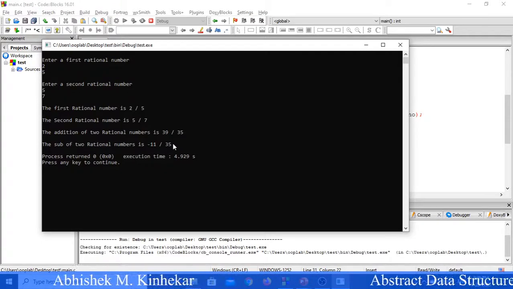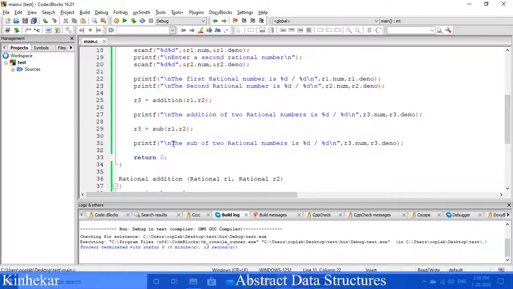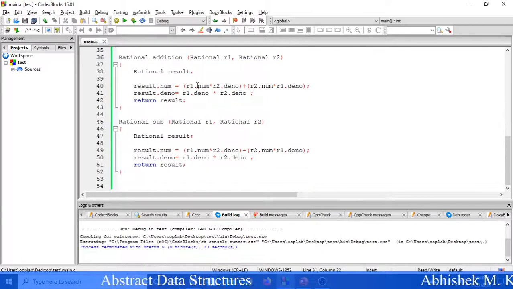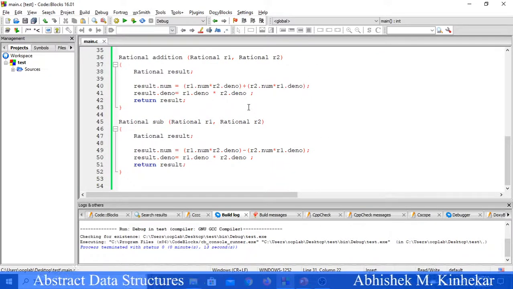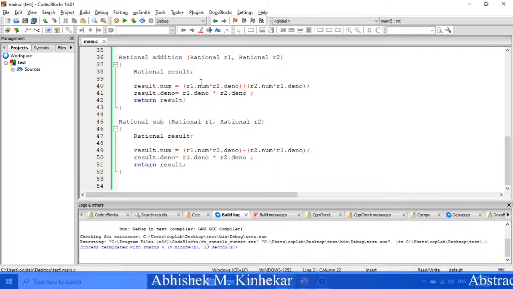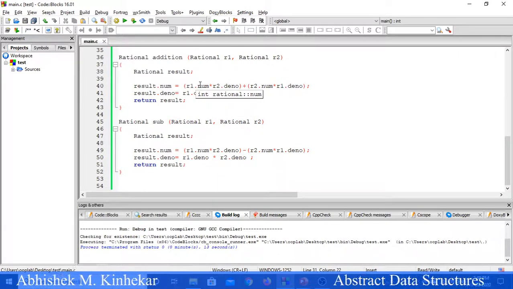So far so good. Similarly, you can write code for multiplication. Similarly, you can write code for division. In the main program also you can, of course; in multiplication and division this logic will change. You know how to multiply or divide two rational numbers, correct? In multiplication, the numerators of both rational numbers give you the numerator of the result.